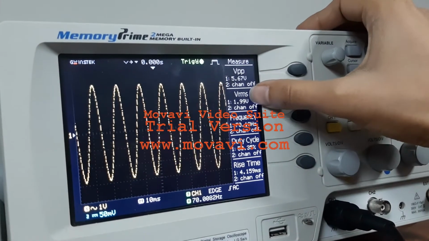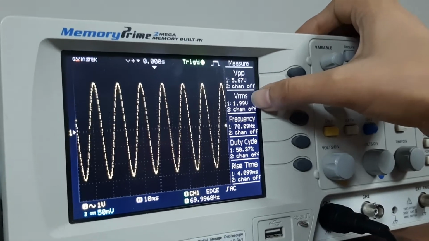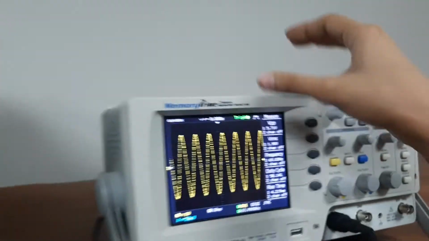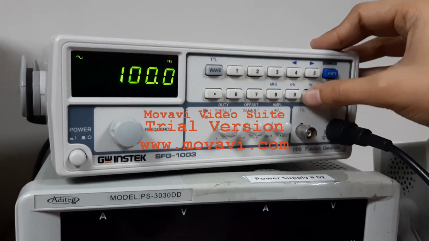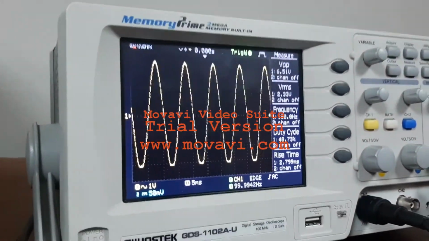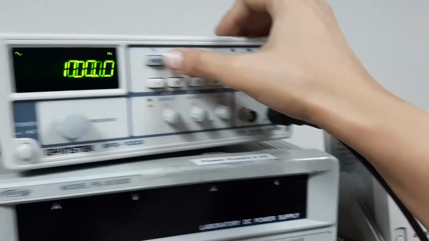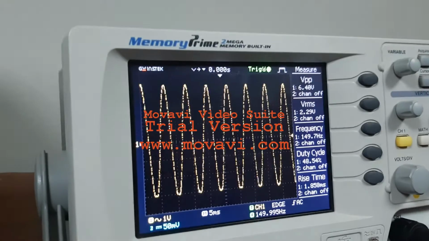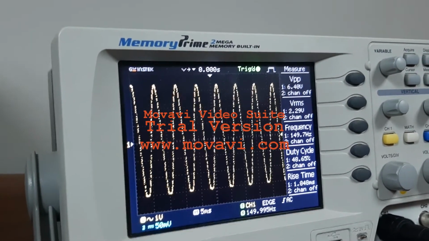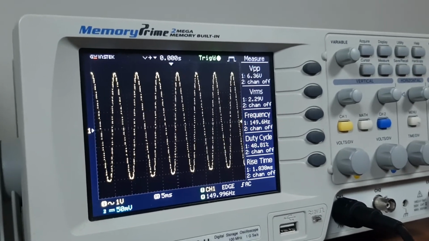Now it is near its maximum voltage gain, that is the mid band gain region. If we further increase the frequency beyond the cutoff frequency to 100 Hz, then the output voltage will increase, and now it is in the mid-band gain region. If we further increase the frequency to 150 Hz, the output voltage will remain almost the same. This shows that after the cutoff frequency the output voltage remains the same, and it shows the trend of a high pass filter.